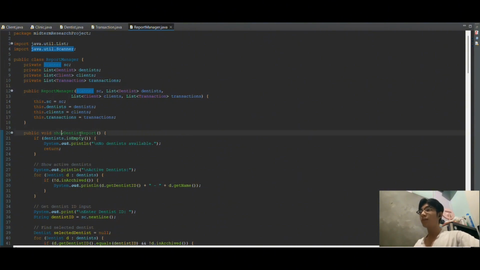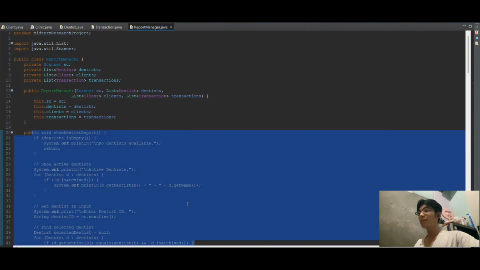Then moving on to the first method, named show dentist report. This method generates and displays a detailed report for a selected dentist, including all services performed, the earnings, and commission calculations.